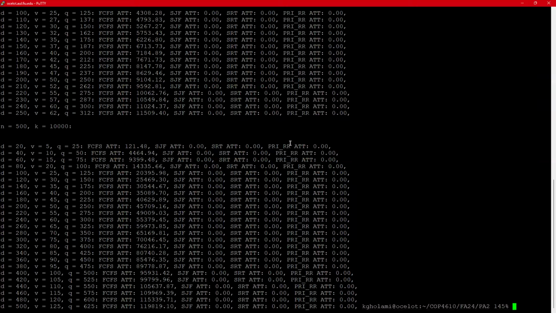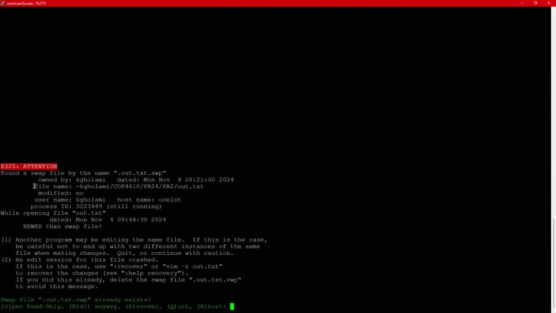After the last run is done, as you can see here, I only calculate the ATT for FCFS because I haven't done anything for the other 3 in this example. So after these are done, then you can vim the out.txt and see a